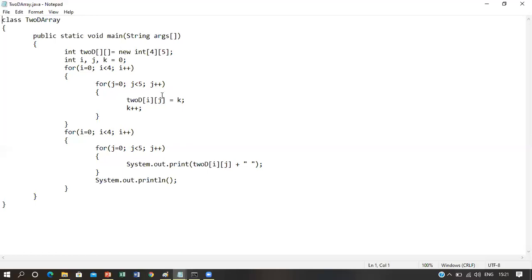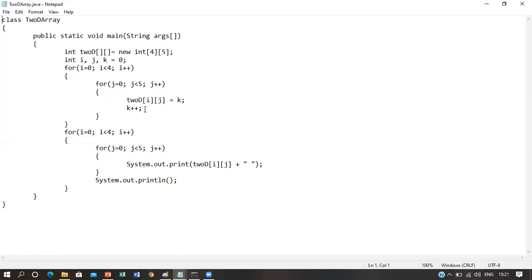Then k will be incremented by 1. After that, i will remain 0, but j will be incremented by 1. So this will indicate the 0 1 cell. The 0 1 cell will contain the next value of k, which is k plus plus.